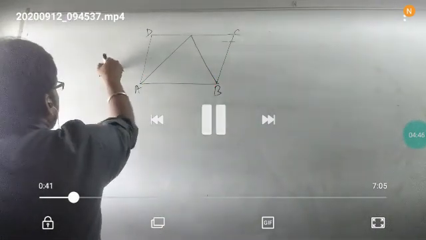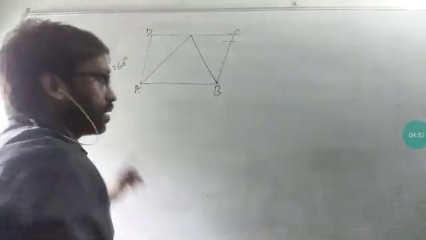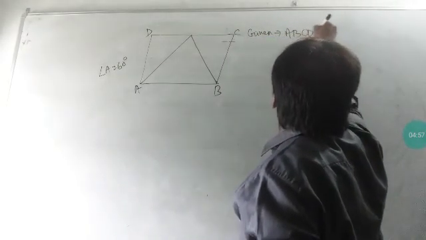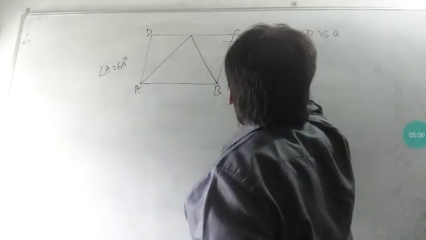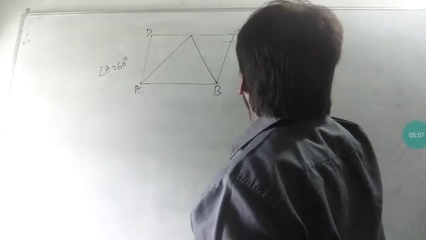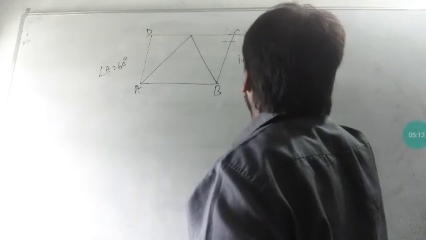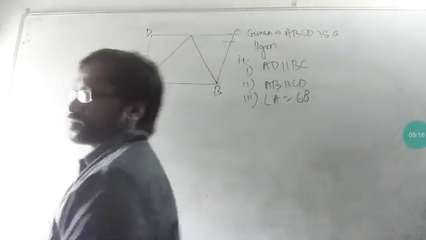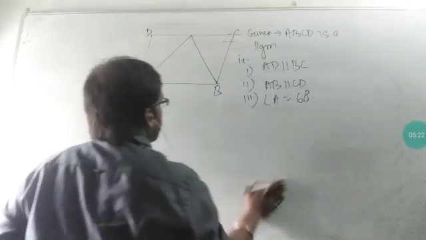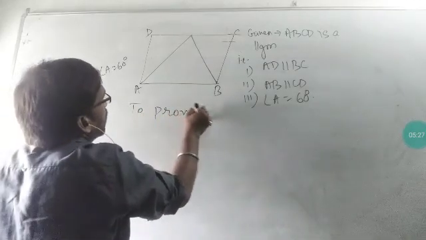Okay, so let us start. What is given here? Only one thing they have given: that ABCD is a parallelogram and angle A is equal to 60 degrees. Okay, so now we are writing that ABCD is a parallelogram in which angle A is equal to 60 degrees. Now, if ABCD is a parallelogram, see, AD is parallel to BC and AB is parallel to CD, opposite sides are parallel and they are equal also.